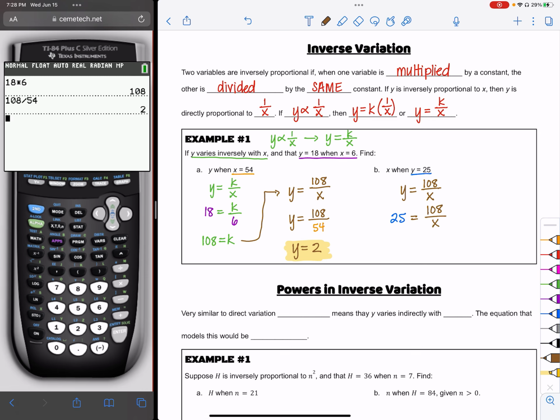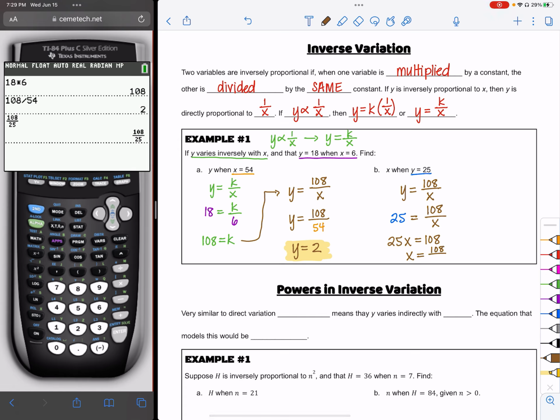So now I just have to solve for x. I'm going to multiply both sides by x. That's going to be 25x is equal to 108. And then we're going to divide both sides by 25. So I know that x is going to be equal to 108 divided by 25, which I end up just getting 108 over 25